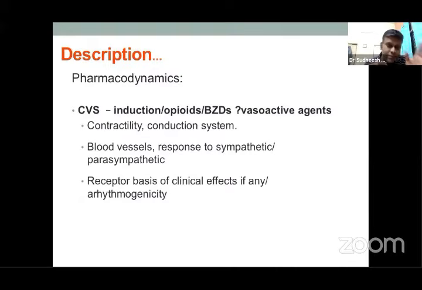So basically, when you read about a particular drug on the cardiovascular system, you see the effect of the drug on cardiac contractility, the conduction system, and then its effect on ectopic pacemakers, and the presence of accessory tracts, whether it will influence them. For example, propofol is known to potentiate the conduction across the accessory AV tract. That's why it is usually relatively contraindicated in certain types of WPW syndrome.